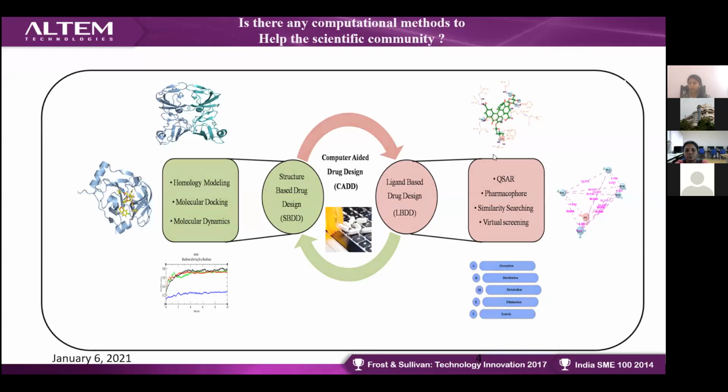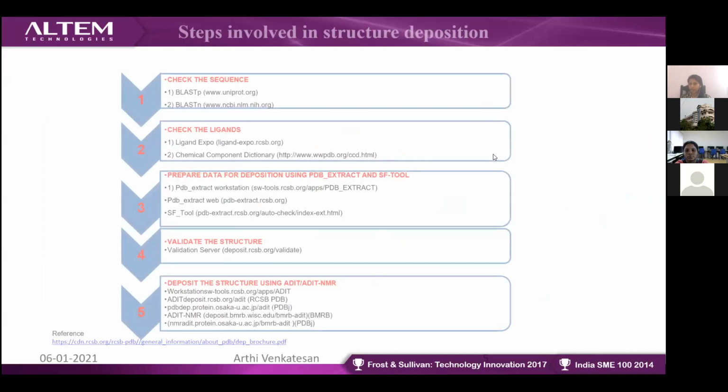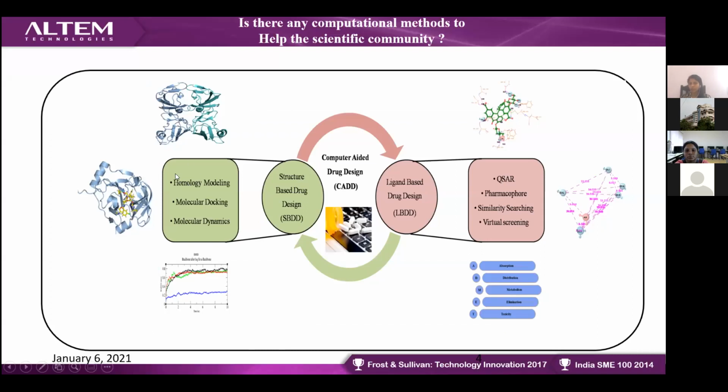Probably you may have questions like, why do I need to go for homology modeling? Most of you will be working on chemical compounds. The reason is that the structure may not be available in the data bank itself. Most of you are aware of the RCSB PDB data bank. In case the structure is not available, you can go for homology modeling. What in case the structure is available? So you have already synthesized.